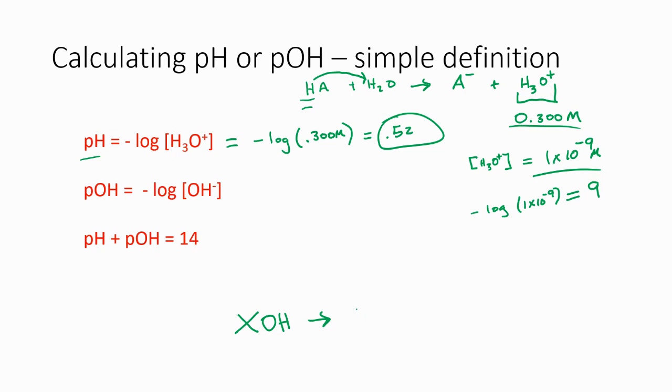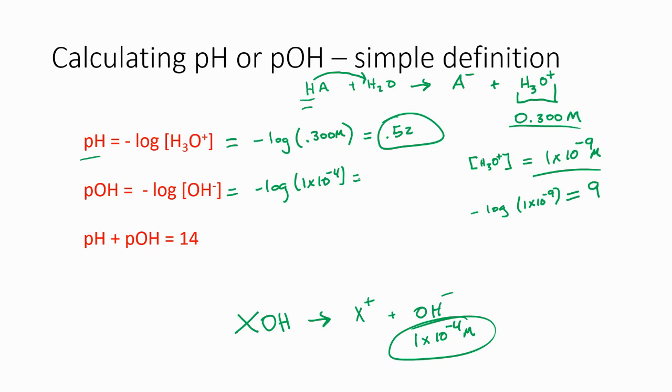Usually we don't show water, and it produces X plus and OH minus. And let's say that this produces 1 times 10 to the minus 4 molar OH minus. Just making that up. If I wanted to find the pOH in this particular case, I take the negative log of that OH minus or hydroxide ion concentration, 1 times 10 to the minus 4,